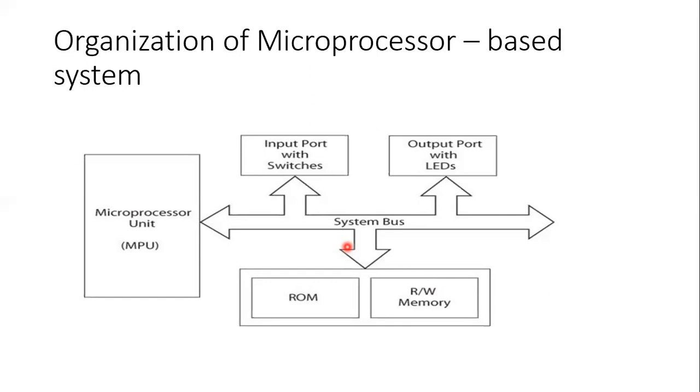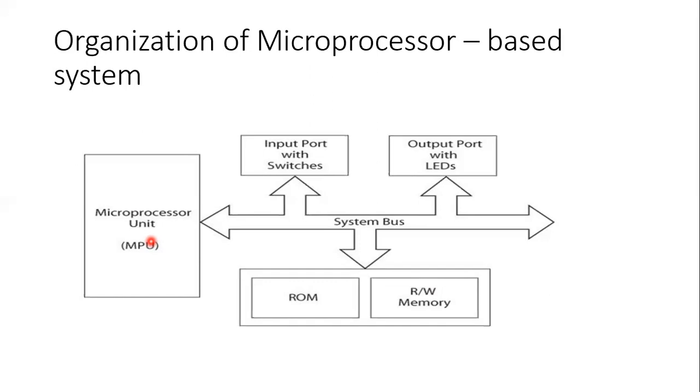Now, again, we come to the microprocessor unit. Already I told you, a microprocessor is a clock-driven device which consists of electronic circuits manufactured by either large-scale integration, LSI, or very large scale integration, VLSI technique. The microprocessor is capable of performing various computing functions and making decision to change the sequence of program execution.